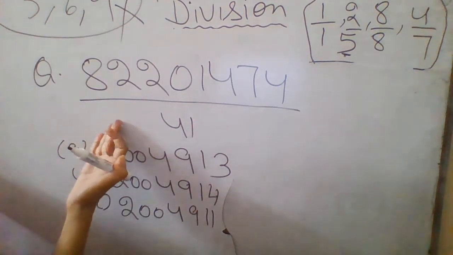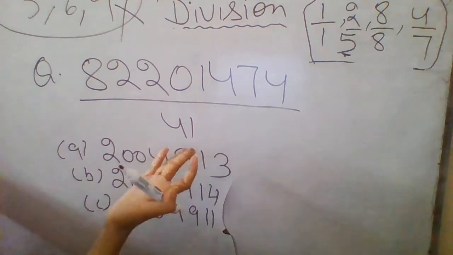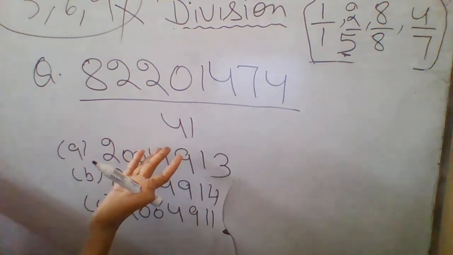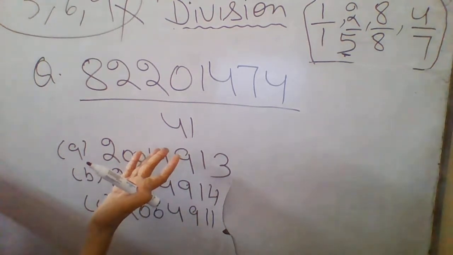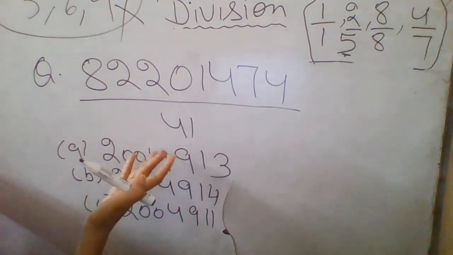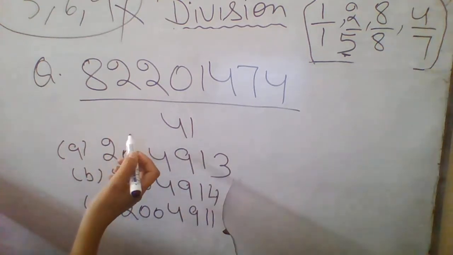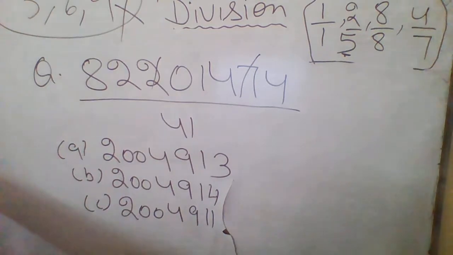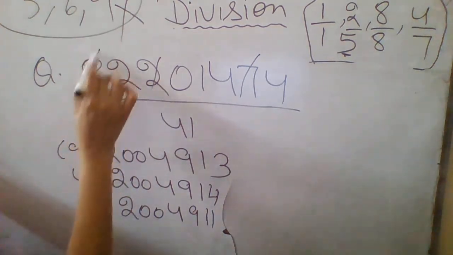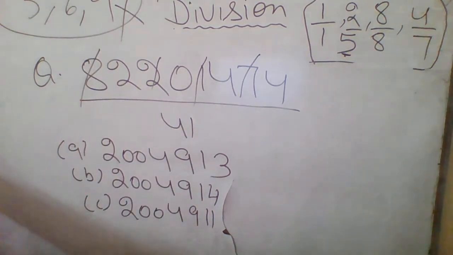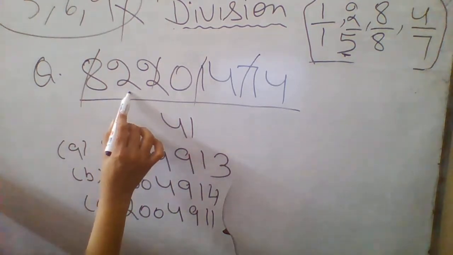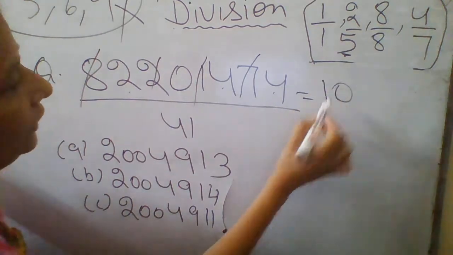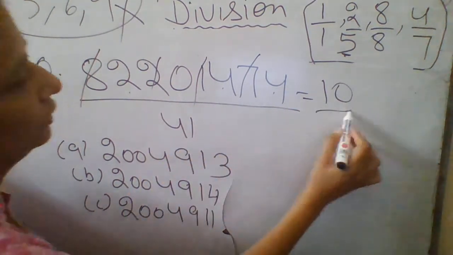Now if you have to divide this whole question by 41, it will take a lot of time, but through digital root it will be so easy. Like you find out the DR here. How will you find out? 7 plus 2 is equal to 9. You cut this. Now 8 plus 1 is equal to 9. You cut it. Now 2 plus 4 is equal to 6. 6 plus 4 is equal to 10. So you will get 10 here. Now here 4 plus 1 is equal to 5.